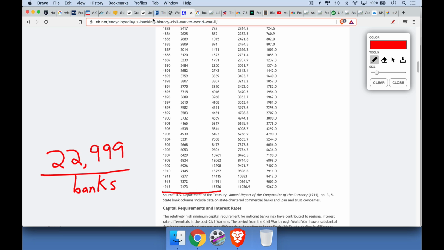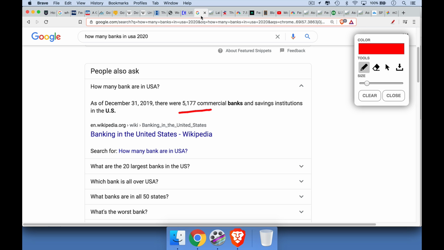We've certainly seen this in Europe, where the ECB, since its founding in 2000, has become more and more powerful, taking over aspects of everyone's lives. So back in 1913, there were 23,000 banks. Now there are only 5,000 banks, and we know that there are really some really big banks that control the system: the Citibanks, Bank of America, Wells Fargo, J.P. Morgan, etc. And the problem with having this sort of concentration is you get bank blowups and bank failures, as we came very close to, even among the major banks in 2008.